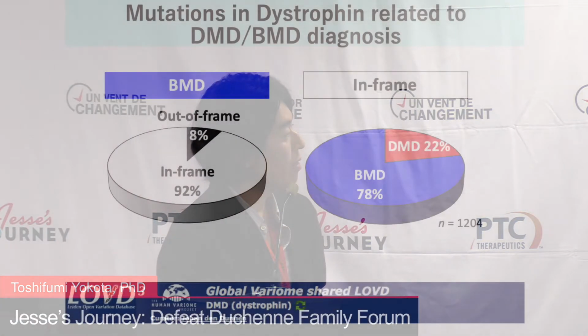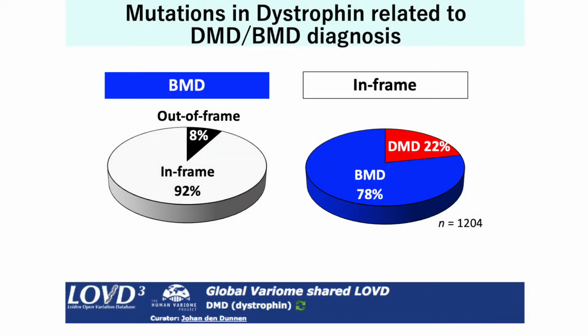But some in-frame deletions, they are only so-so. They are only slightly better than out-of-frame mutations. So we used patient databases. Most of them come from the Leiden database from the Netherlands, but we also used the Canadian registry as well. So we are very thankful for the effort by the Canadian registry and Dr. Jima and Lawrence and the patients who participated.